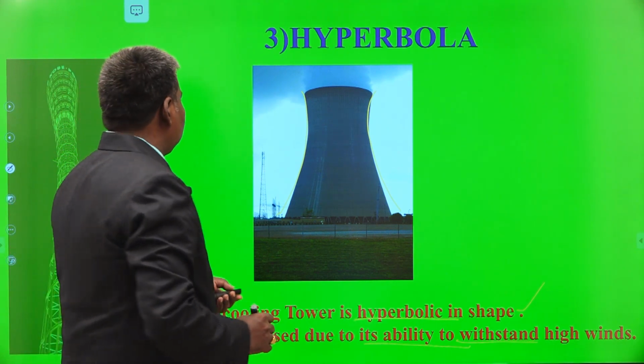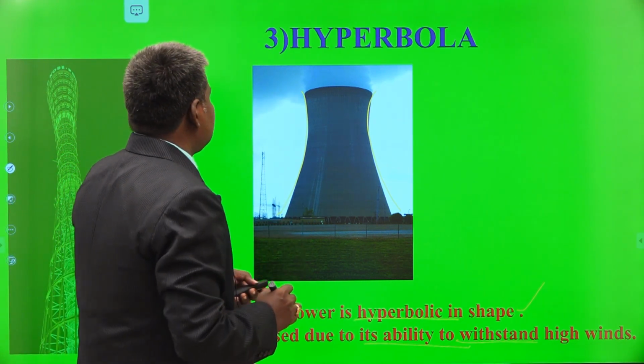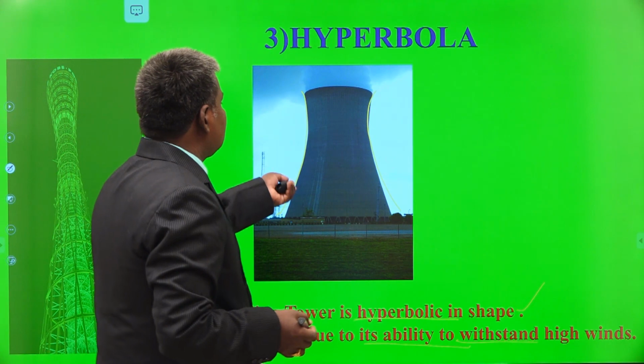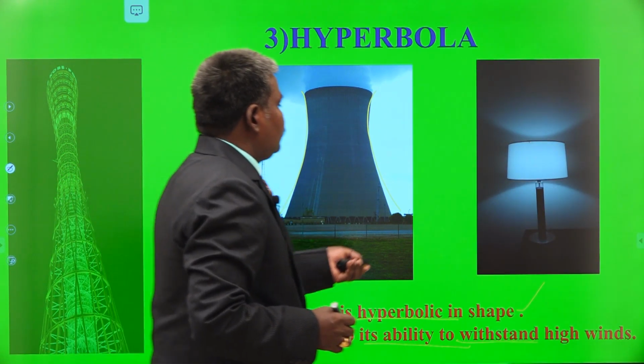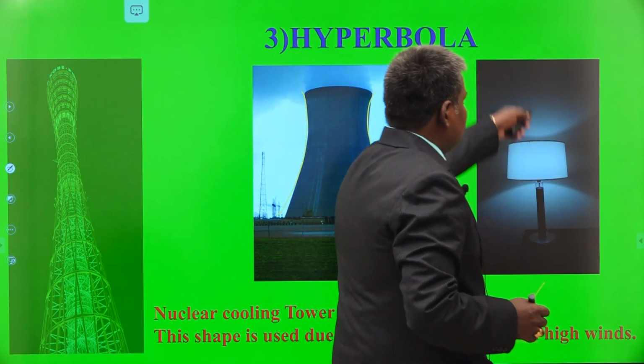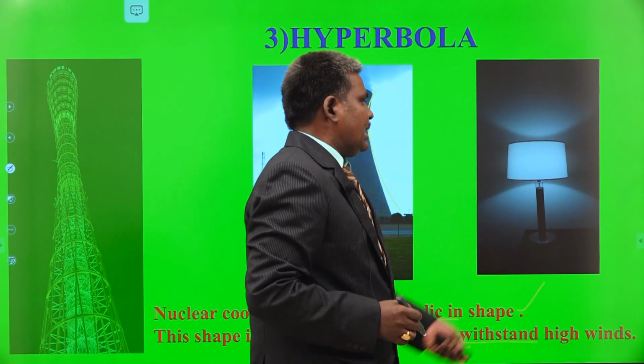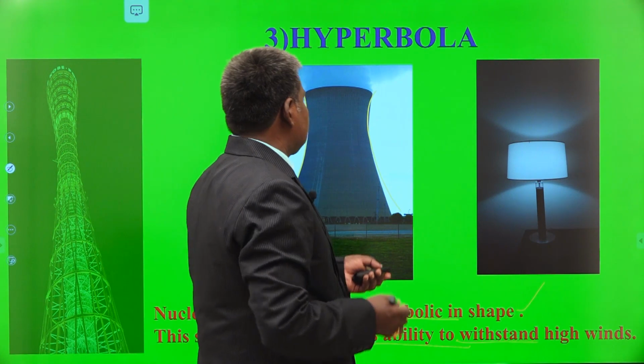Okay. Now, the main advantages of these things in your daily life. When you switch on the light, we obtain a hyperbolic shape. In daily rotations, we see this type of hyperbola.